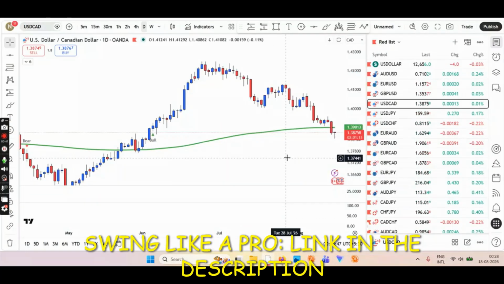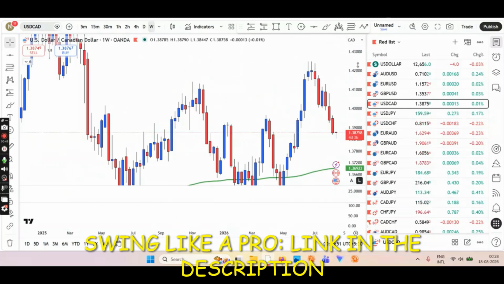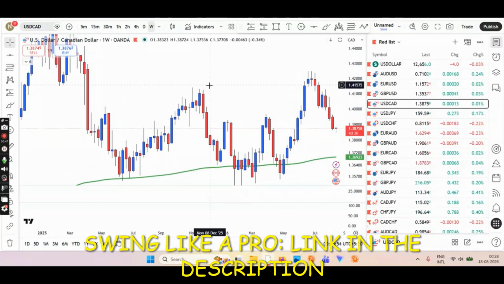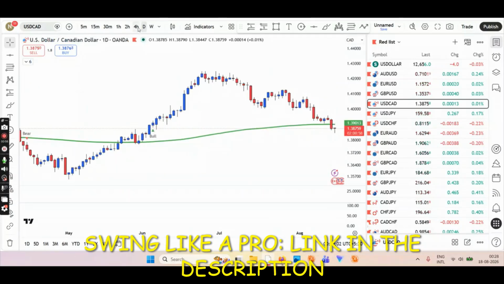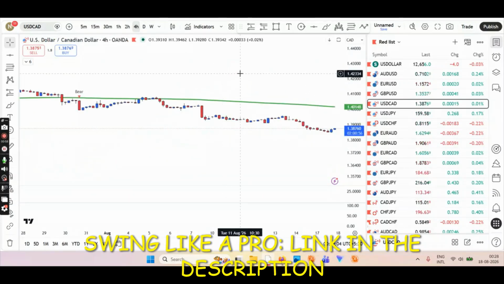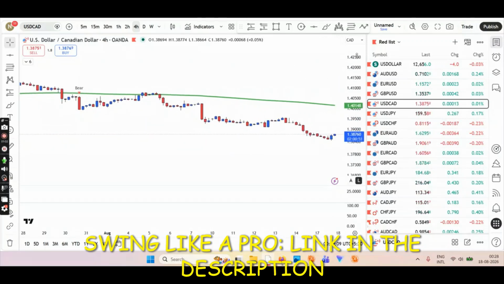And coming back to the chart, starting the top-down approach with weekly time frame. Weekly we are above the EMA, taking a pullback. So the time will tell if it's a pullback or continuation to the downtrend. But for now, we are above the EMA. Daily is below the EMA, 4 hour is below the EMA. So two time frames are below the EMA, but normally I don't trade USDCAD anyway.